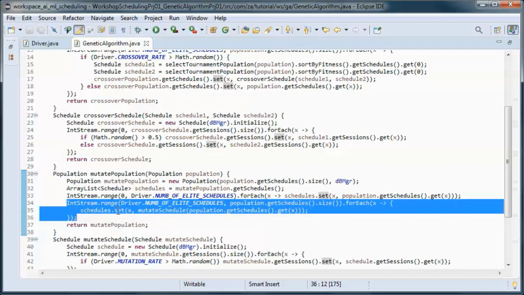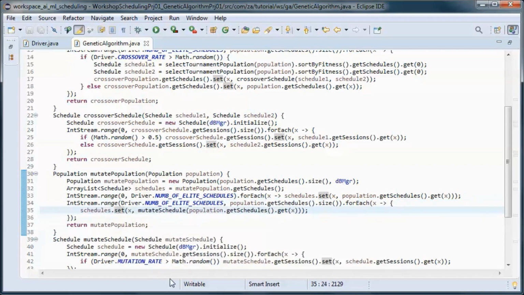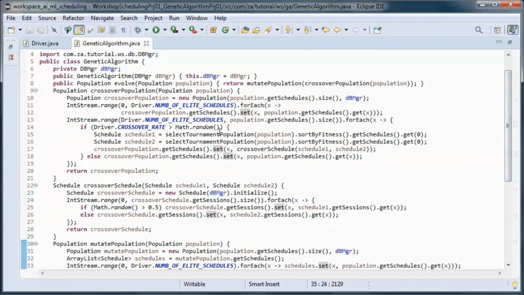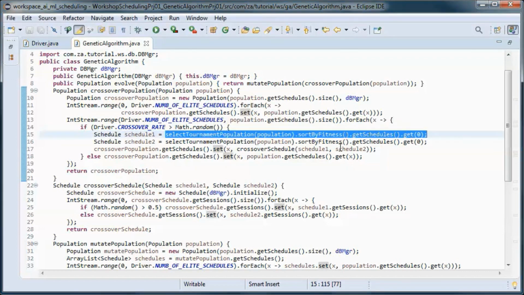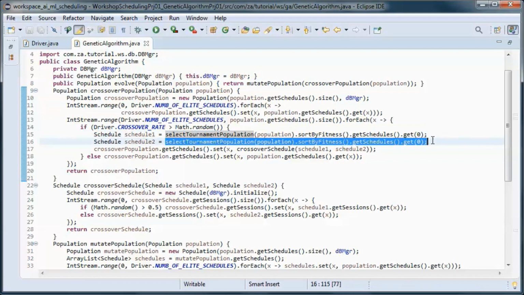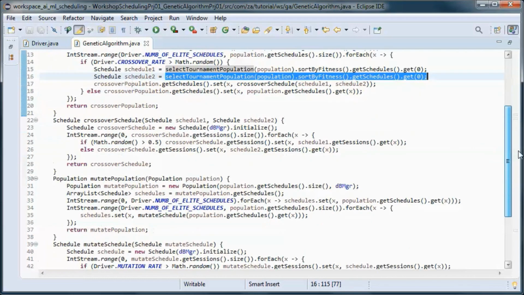So this code, and crossover population uses tournament selection to select 2 schedules to do the crossover over, so schedule 1 and schedule 2. So we call this method 2 times. That does tournament selection.